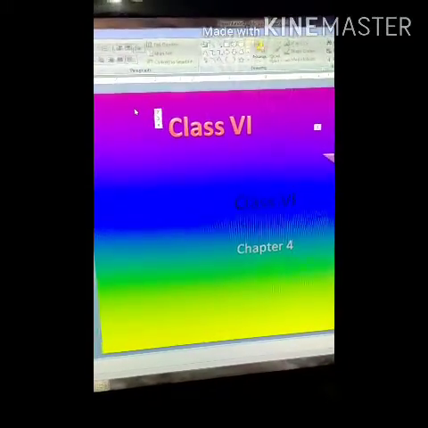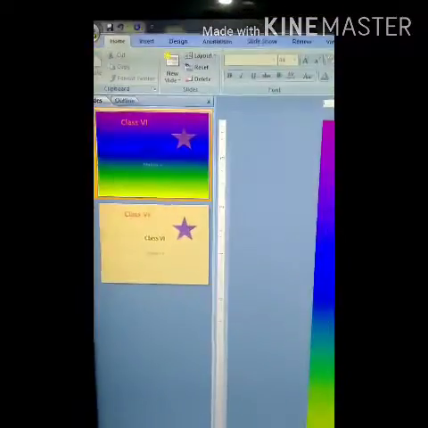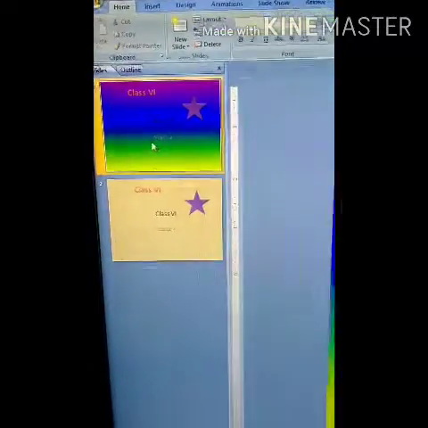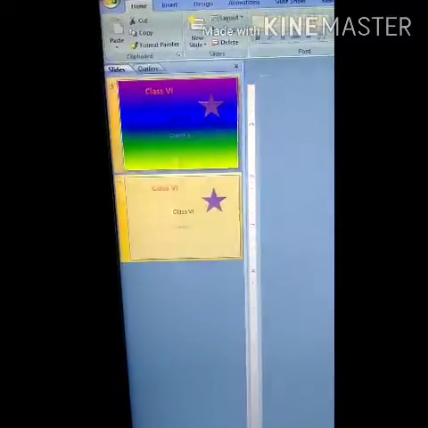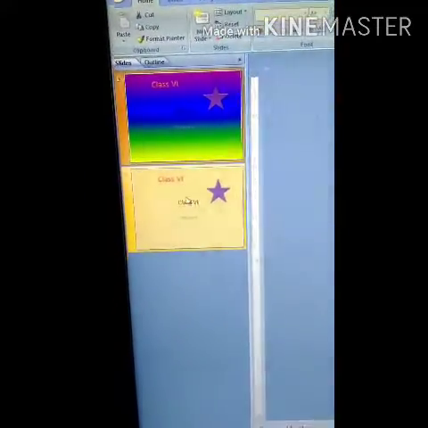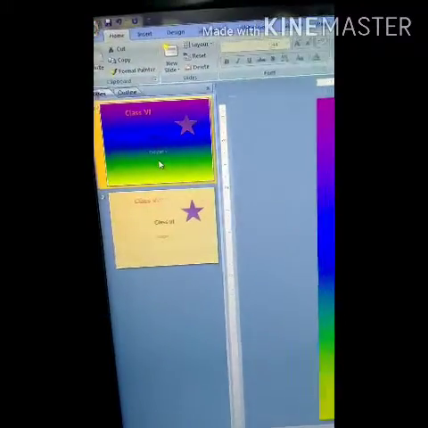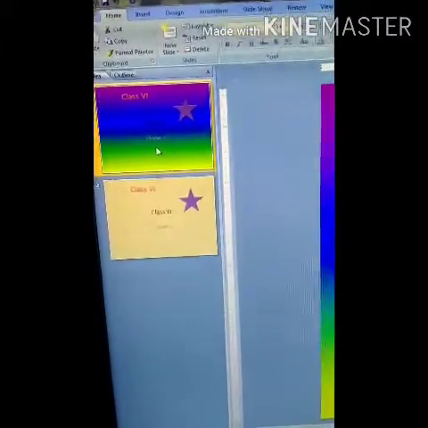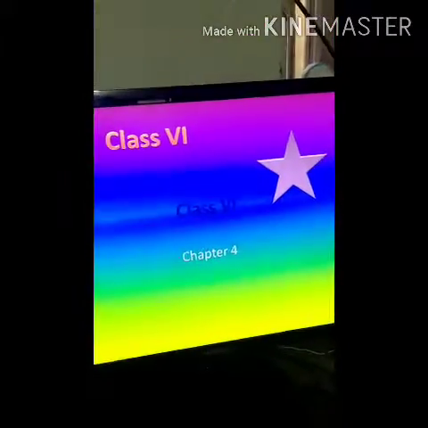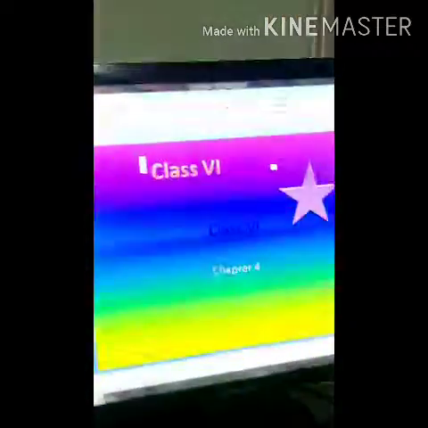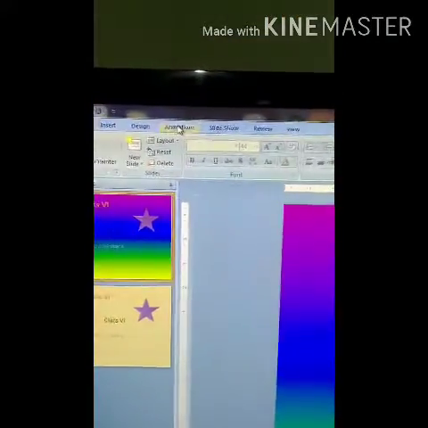Next we will understand slide transition. Slide transition means, suppose we have two slides in the slide pane. In both slides we have to set slide transition, how our slide will move at the time of showing the presentation. So pay attention, go to the animation.